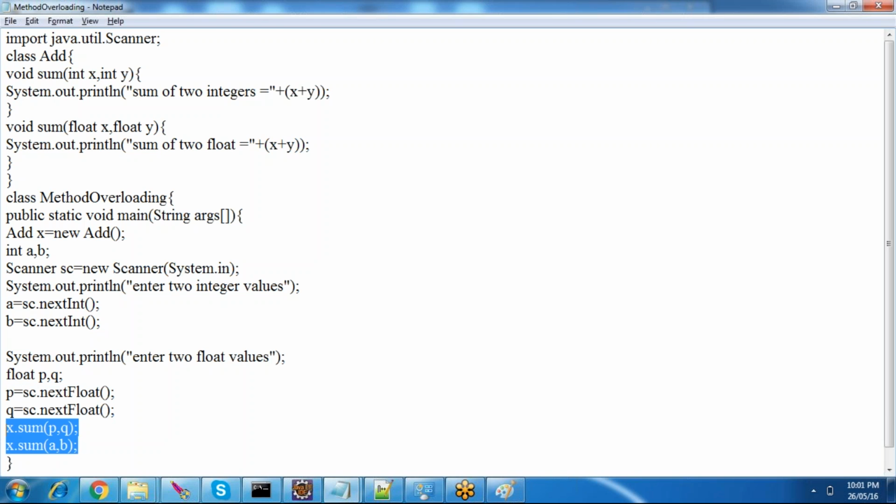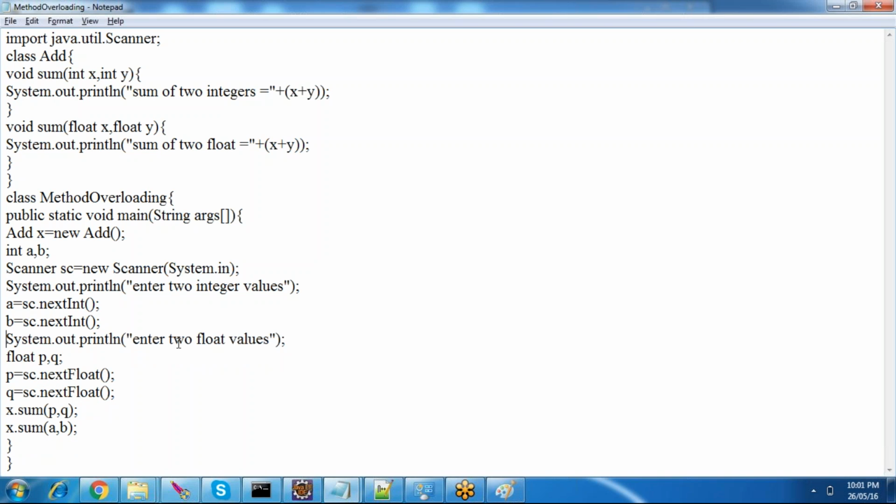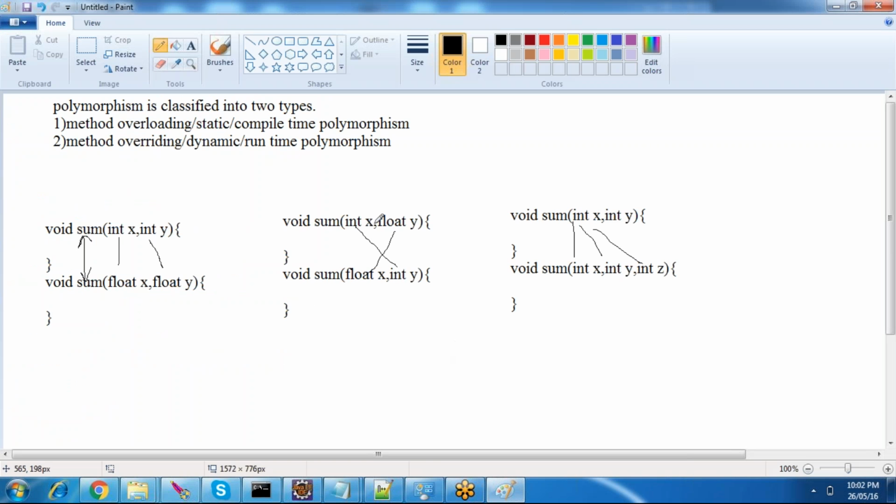So this entire thing is known as a method without return type and with parameters, which are transferred from main block to sub block. The same thing you have to do again for these two methods which are written inside a class. Okay, so this is the end of polymorphism. I have given just one example, and the remaining two examples you can try directly yourself. Okay, so if you have any doubts you can just contact